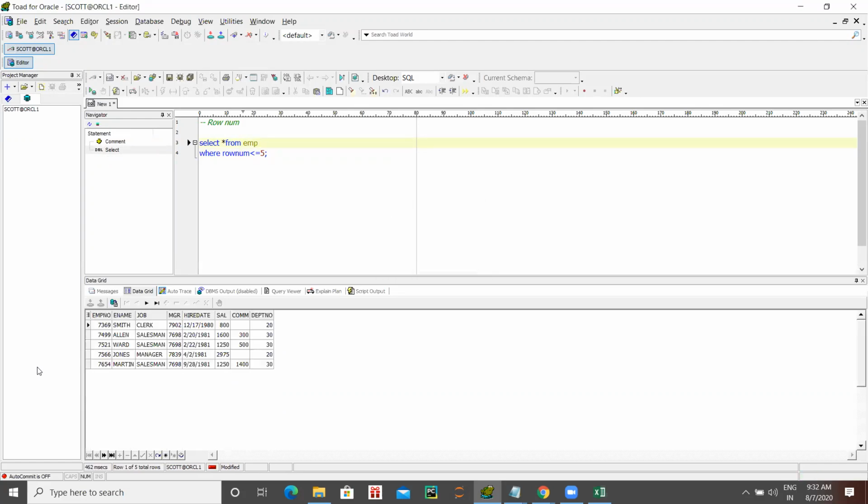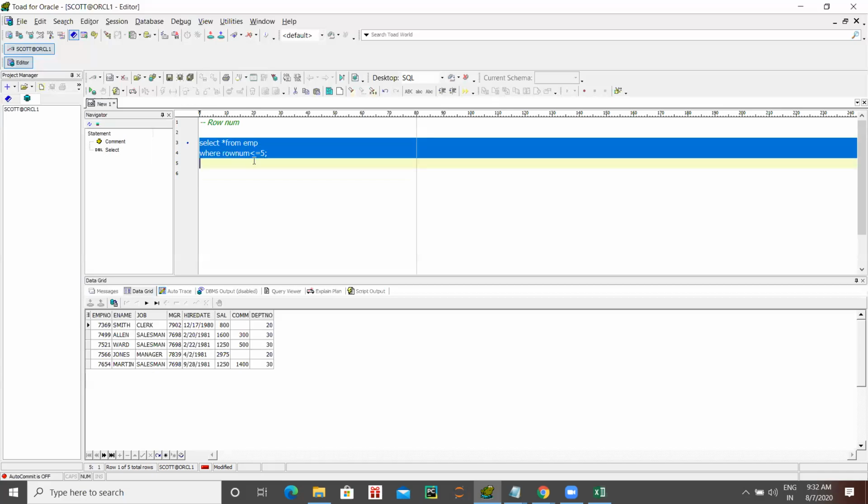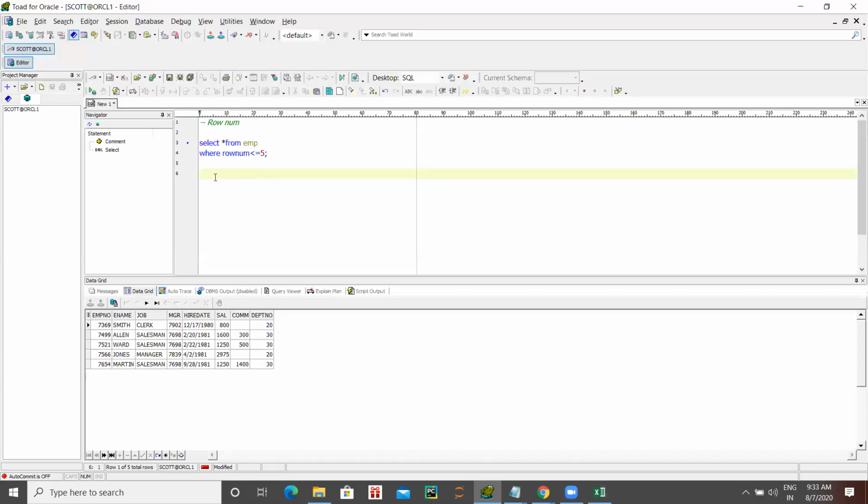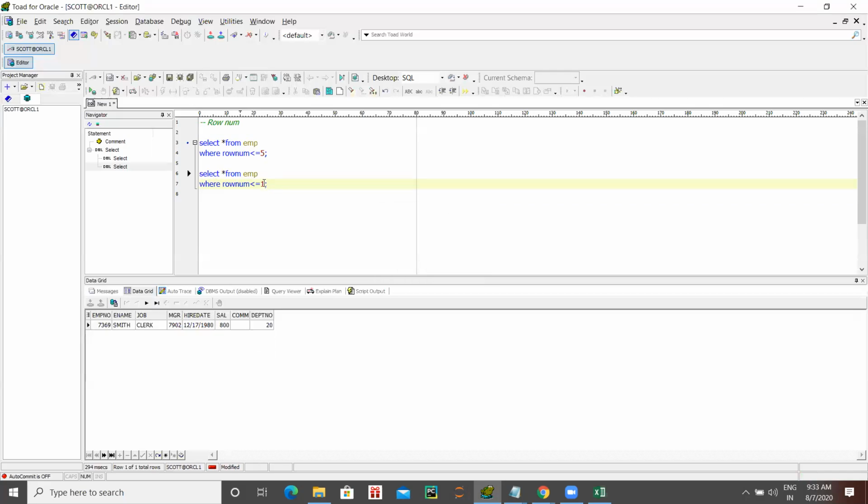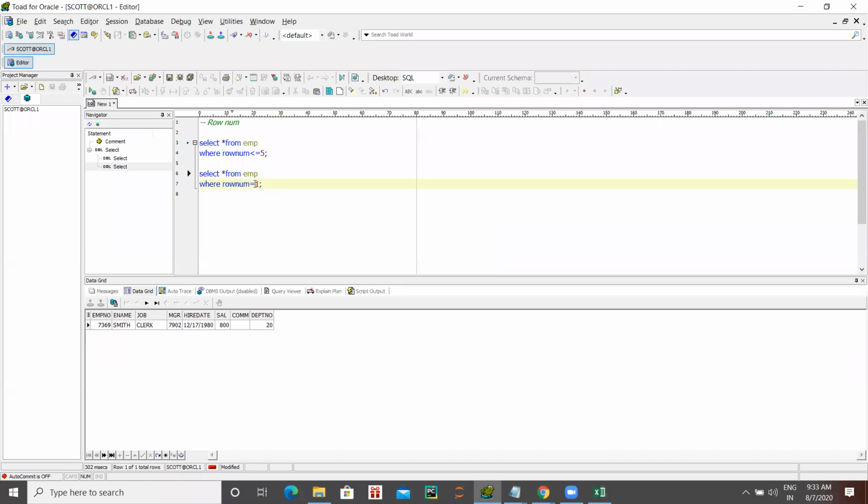So we'll get 5 records, because I'm telling it I want only 5 records. Now enter. Now just give ROWNUM equal to 1. Give only equal to, not smaller than or equal to. You'll get 1 record.